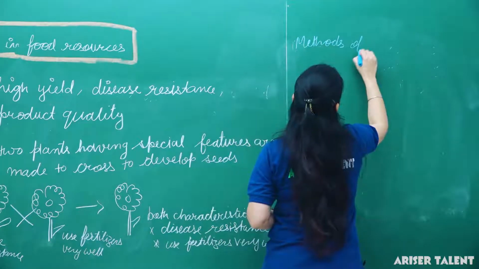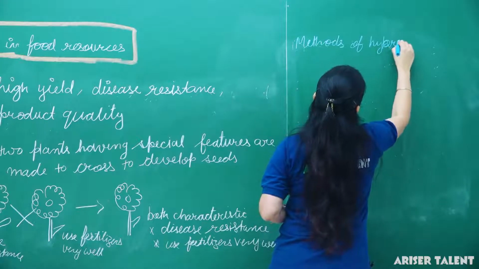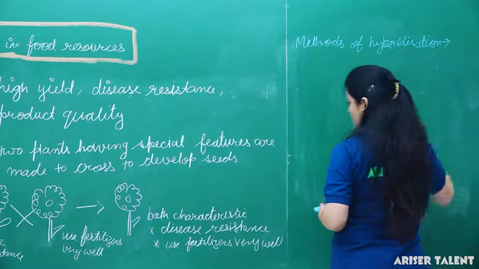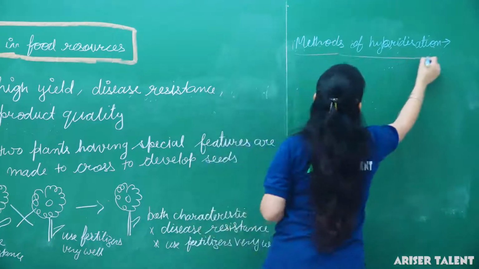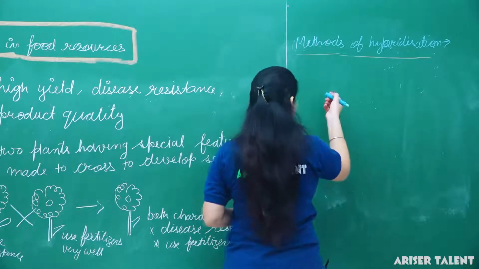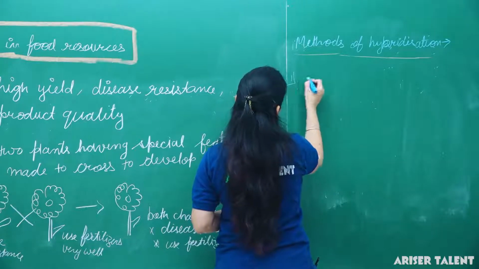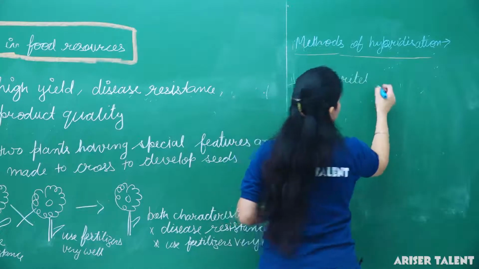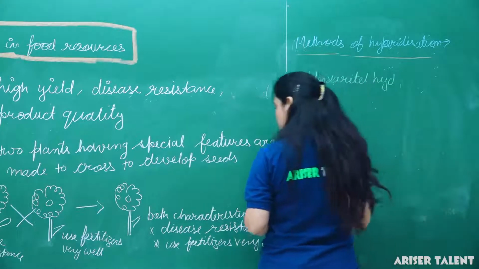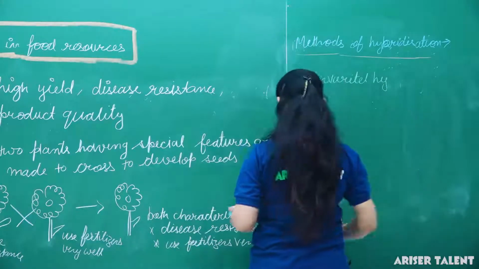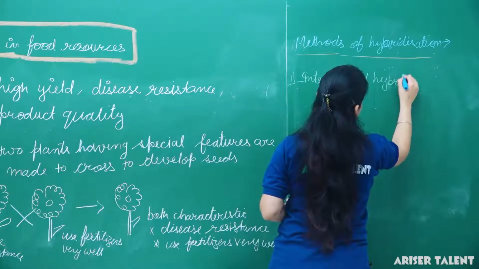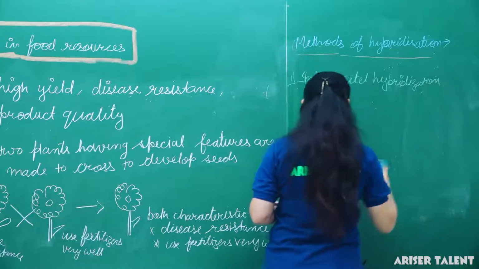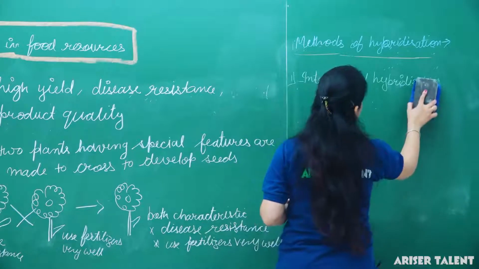Methods of hybridization. What are the different methods of hybridization? Number 1, interspecific hybridization, or we can say intervarietal hybridization. Okay, intervarietal hybridization,